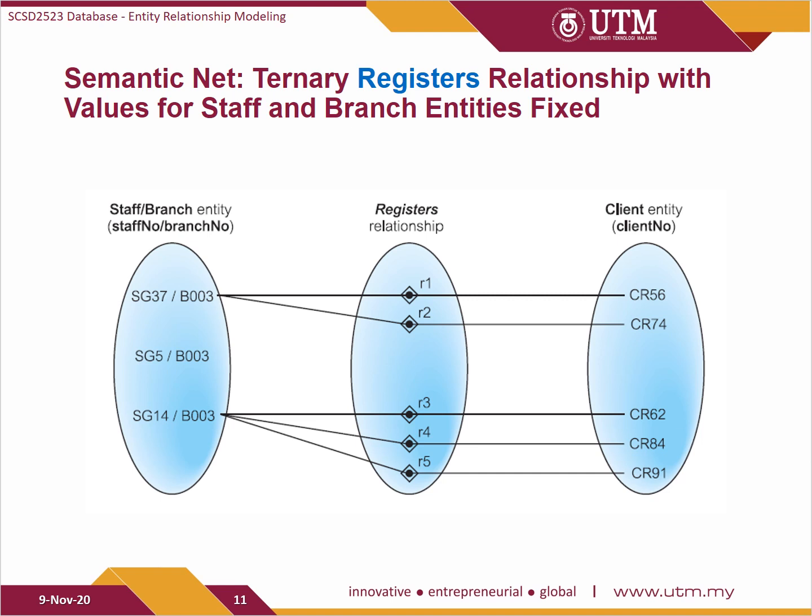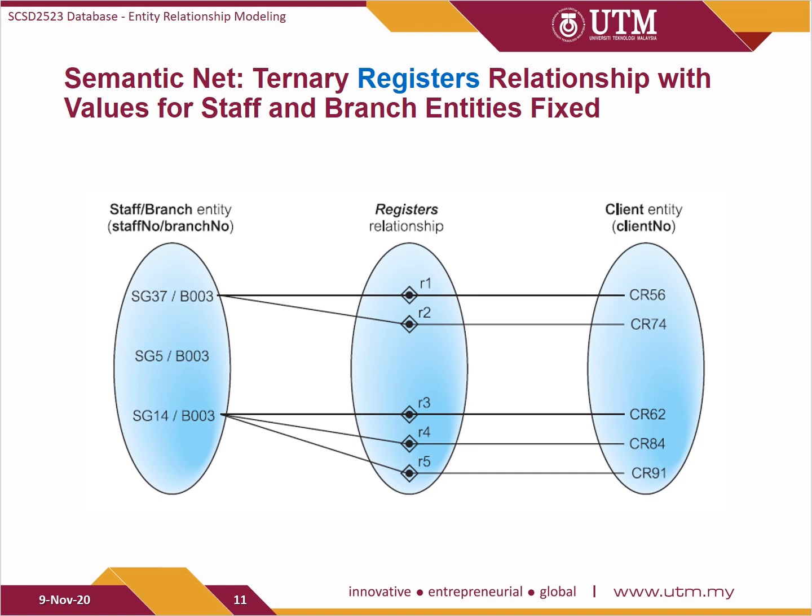And for your information, each relationship here represents the association of a single staff entity occurrence, a single branch entity occurrence, and a single client entity occurrence. So, based on this figure, we examine the register relationship when the values for the staff and branch entities are fixed. Okay, in this figure, with the staff number and branch number values fixed, there are 0 or more client number values. For example,